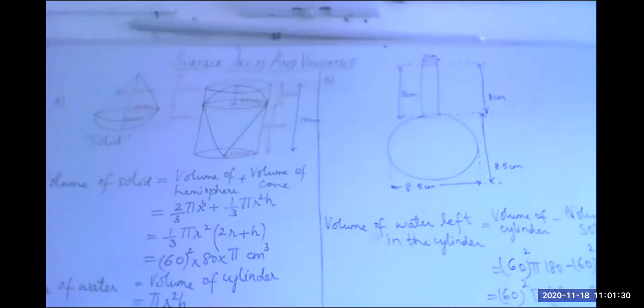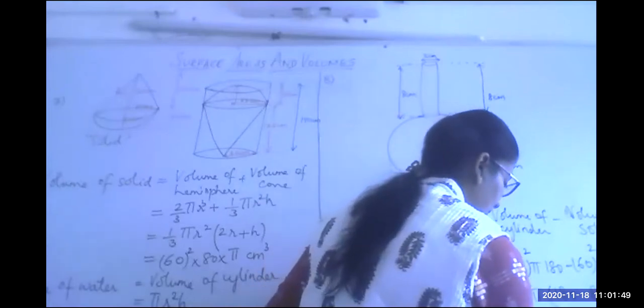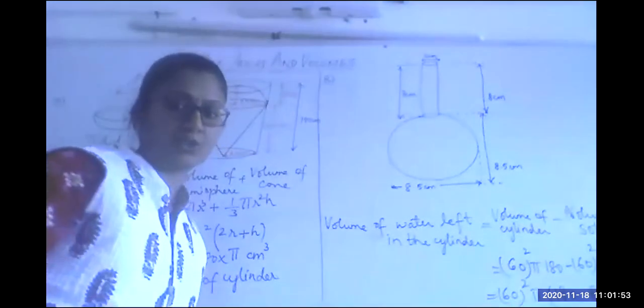You will get that as the pi value, I think, is given as 3.14 in the problem. No, it is not mentioned. Then you can either take it as 3.14 or 22 by 7. Here I am going to take it as 3.14 because I have zeros here, which will remove the decimal. It will be 3.14 into 100. Deliberately I am taking it because the value is not given.